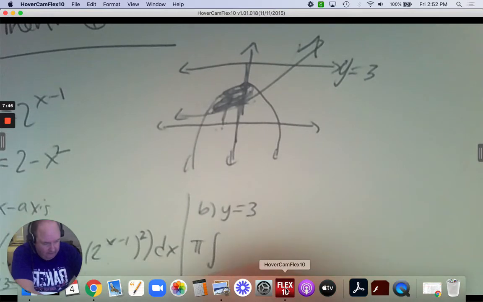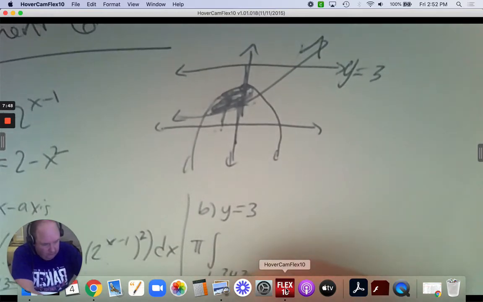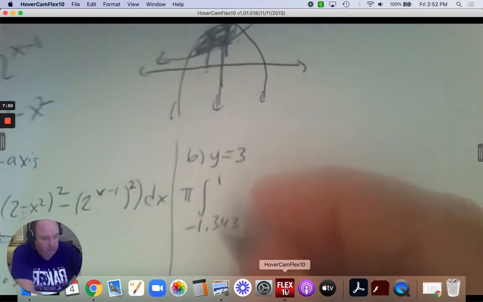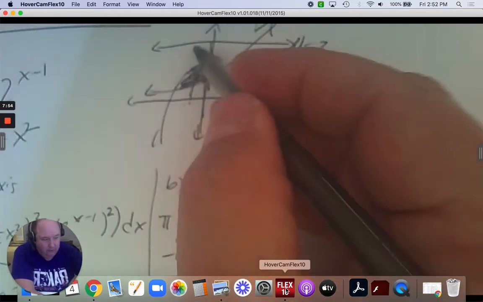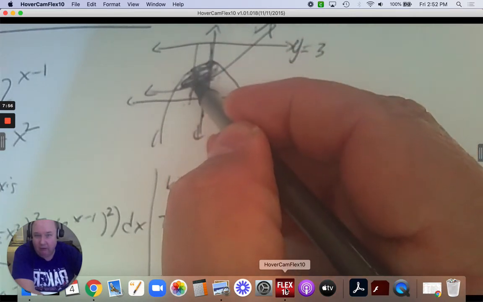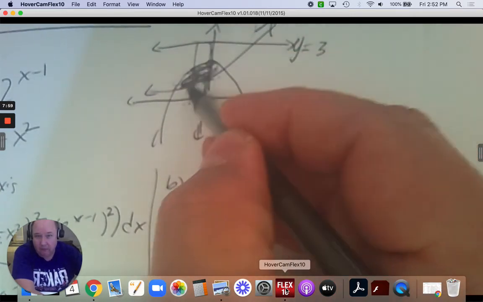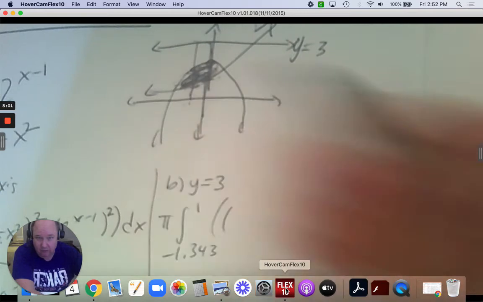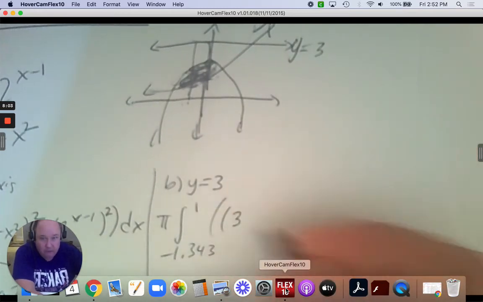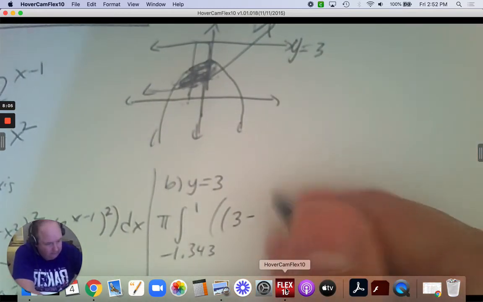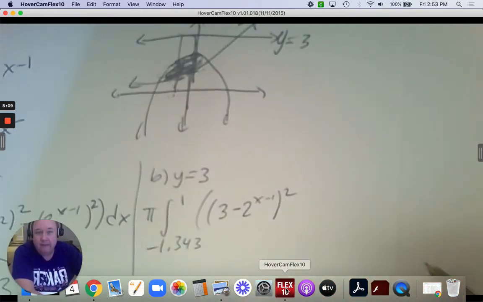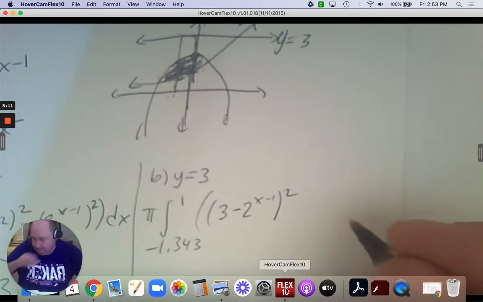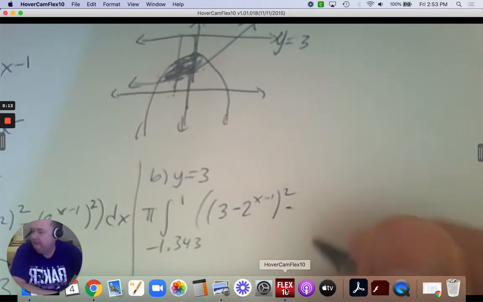It's pi, integral from negative 1.343 to 1. And we have 2 radii, so we'll start with 2 parentheses. So the first radius, from the line of revolution all the way through the area, top subtract bottom, the exponential is the bottom. So it's going to be 3 subtract the exponential, which is 2 to the exponent x minus 1, squared. Subtract